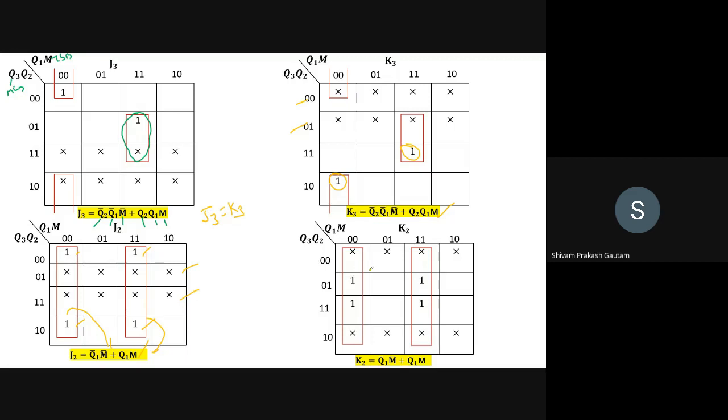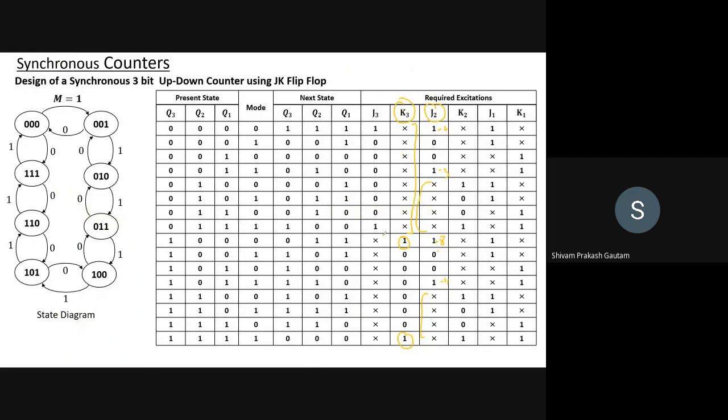Similarly, you can do for K2. So from here as well, we are finding that J2 equal to K2. You can see both the expressions and compare. Now when you go for the grouping of J1 and K1, just see here that there are no zeros, right? Either it is 1 or don't care. So whenever you fill the K-map, it will be filled with either don't care or 1, and you have to group the whole 16 cells. The value of J1 and K1 will automatically be 1.